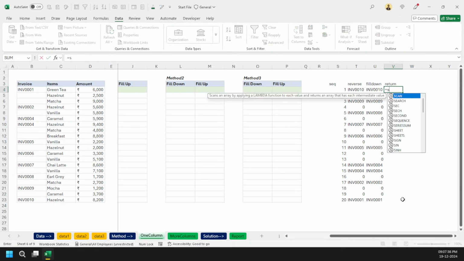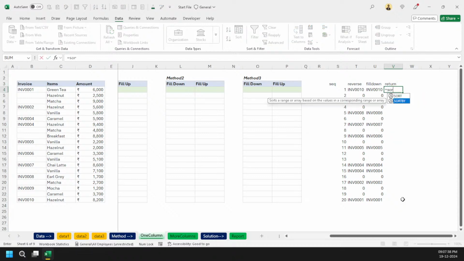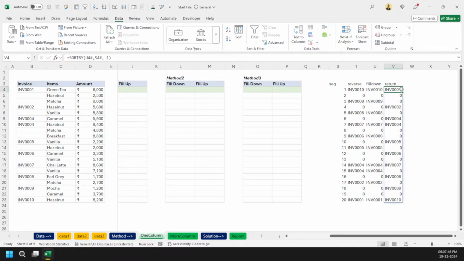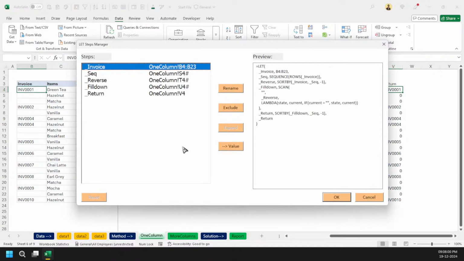So sort by function again, this is my array, and then again the descending order, and you can see now I have got it. But wait a second. You will be saying, Aditya, we haven't got our fill down values. So let me show you. If I build the let statement, now I am generating the let statement, and just see. Okay, we are good to go.